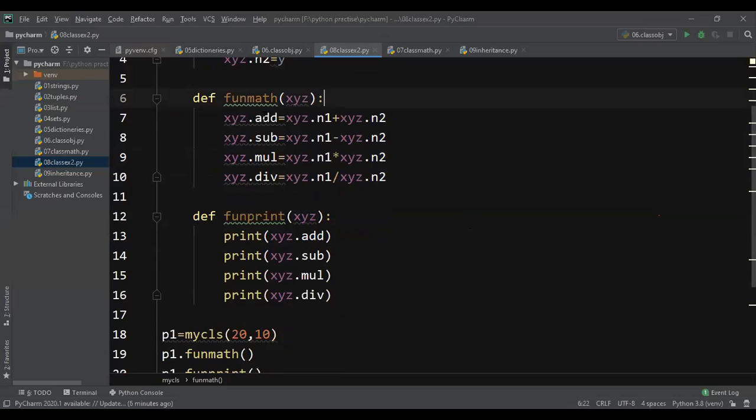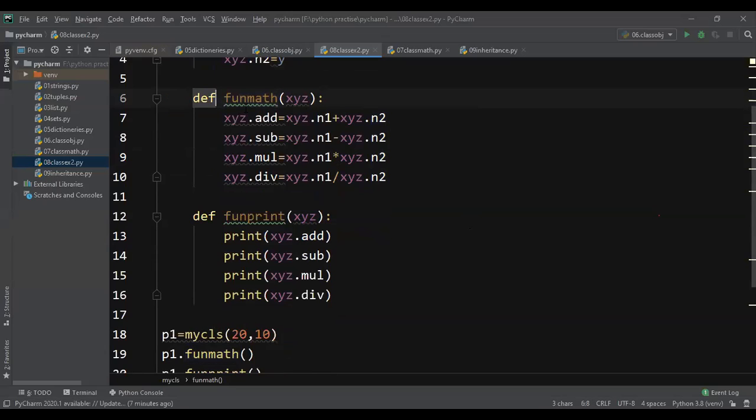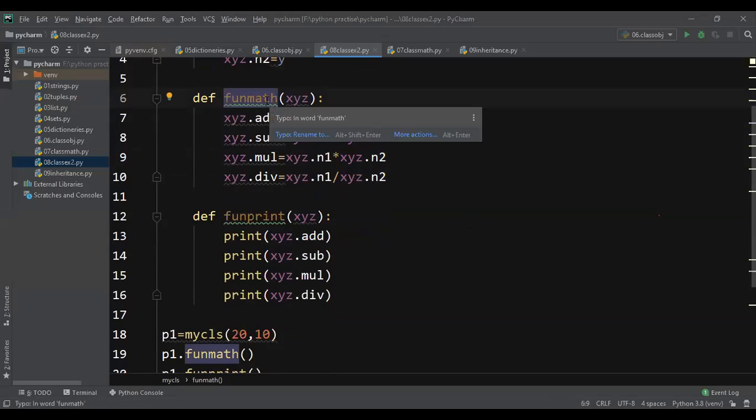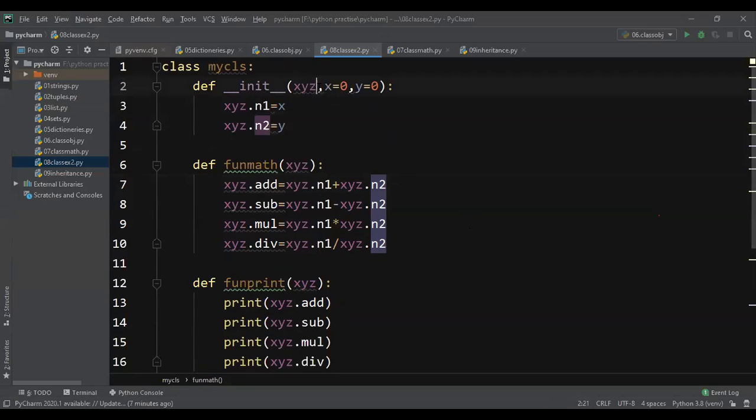After that, I'm writing a function, fun math. I'm defining one user defined function, that is fun math, that means math function. Remember, the reference should be the same. In the constructor I have given XYZ. If you give a different reference here, it will throw an error.